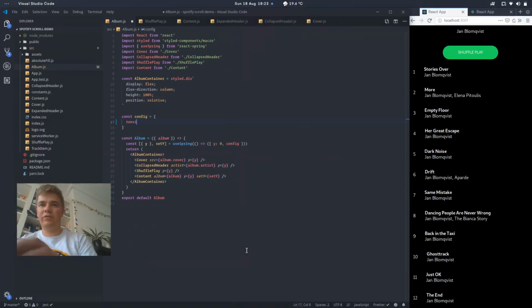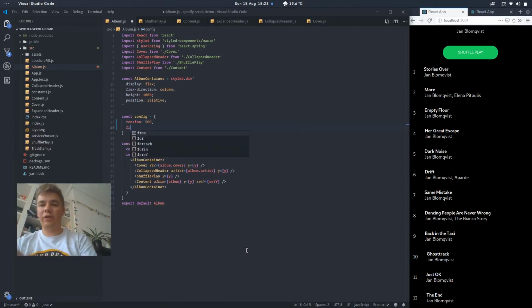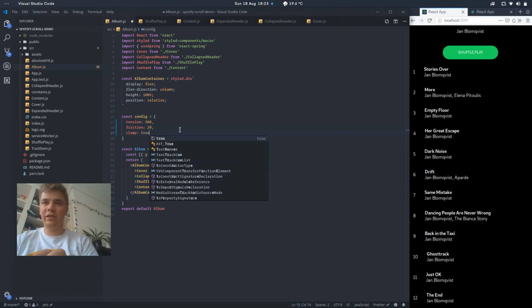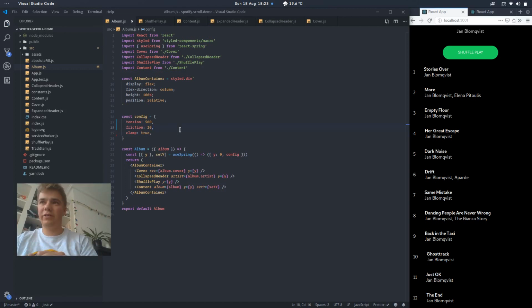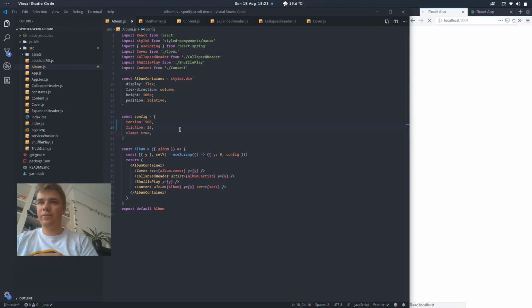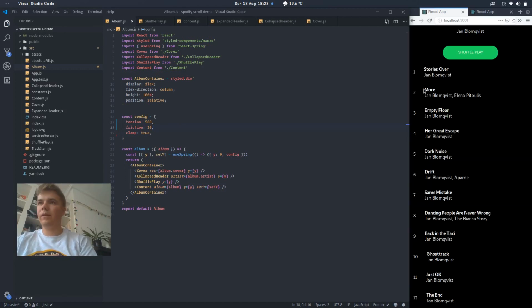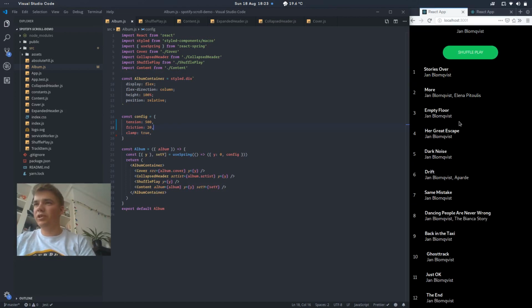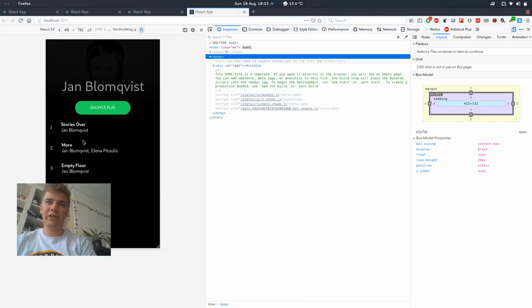That was tension 500, friction about 20. It also had the clamping option, so we can stop it vibrating. Let's set clamp to true and see what that does. It's a bit more shuddery, but it is more direct. And if we look at it on here,